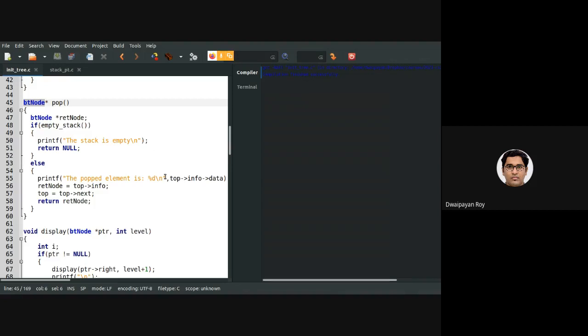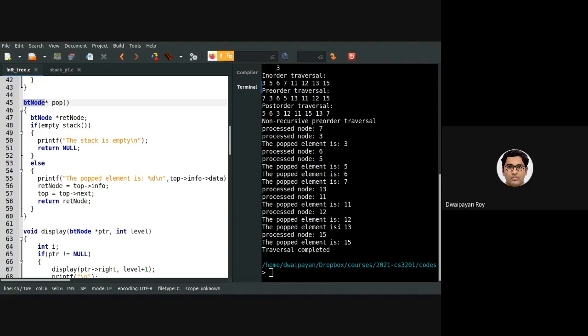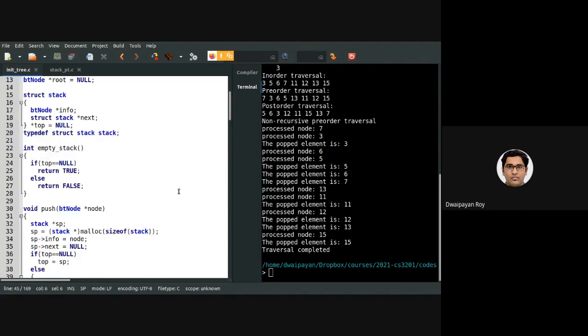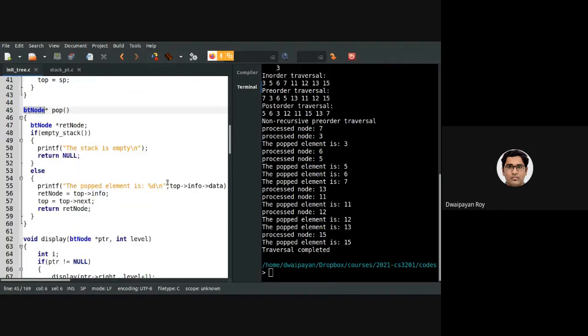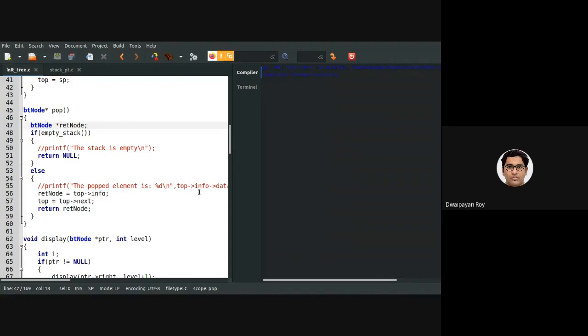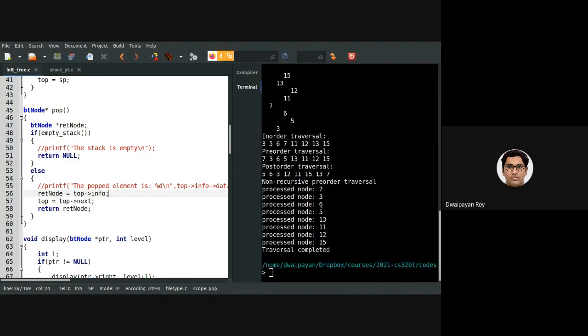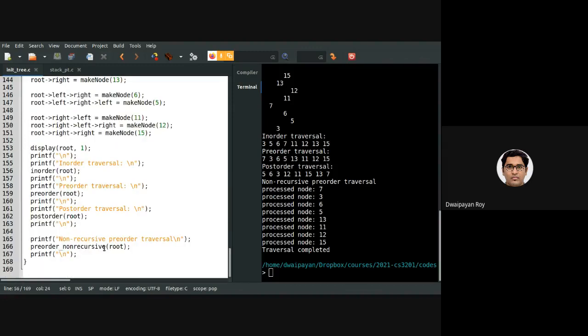Now if I execute this, oh, okay, whatever I am popping, I was actually printing it. So let's just comment this out, because otherwise you can see the popped elements constantly getting stored. Now you can see the non-recursive version I have called.